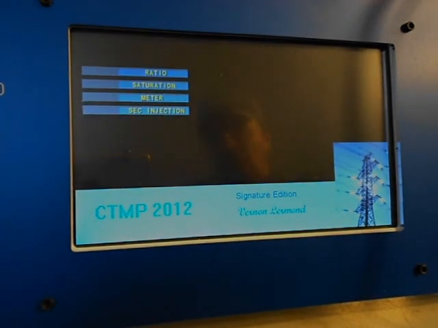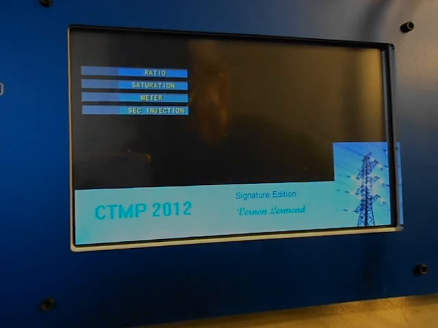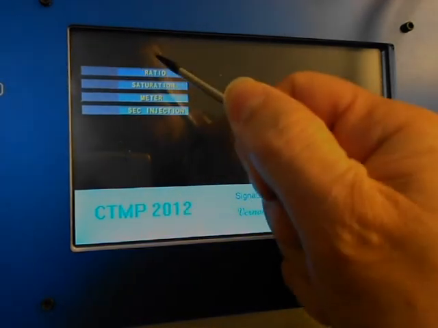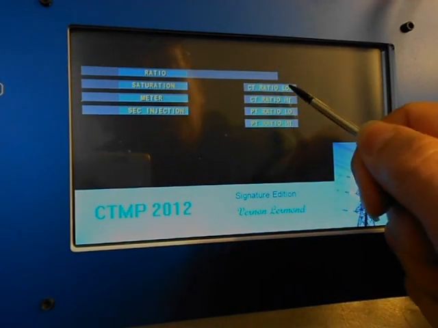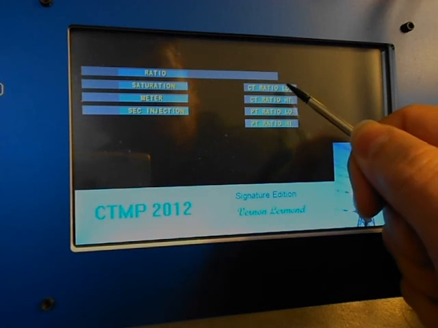Okay, this is a demonstration of the ratio and saturation test. We're about done with those two modes, except for a few minor things. And so this will be pretty much the final version showing the automatic saturation test. Okay, the first thing I'm going to do is hit ratio, and CT ratio low is 0 to 200 volts